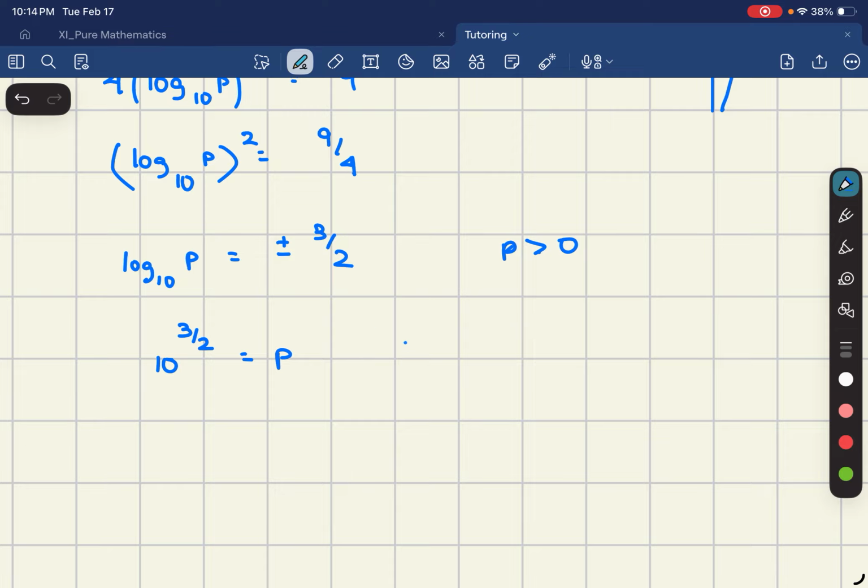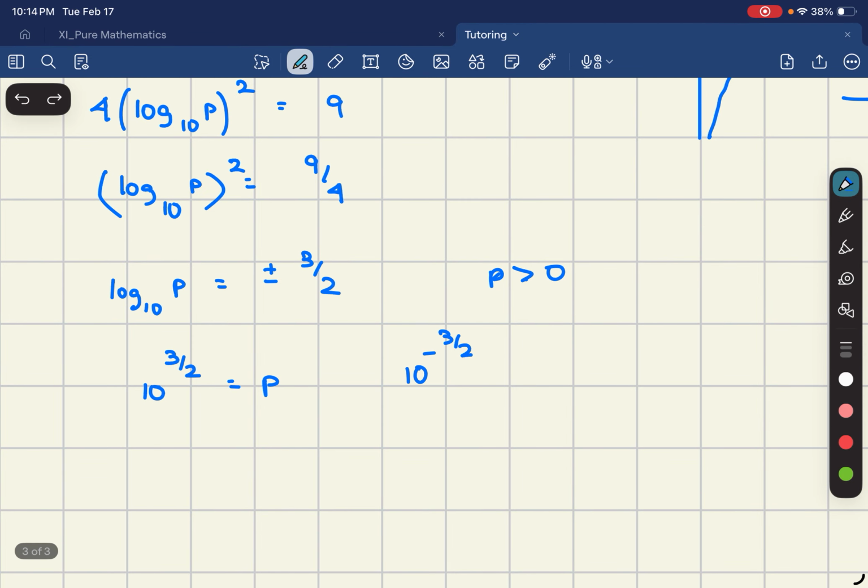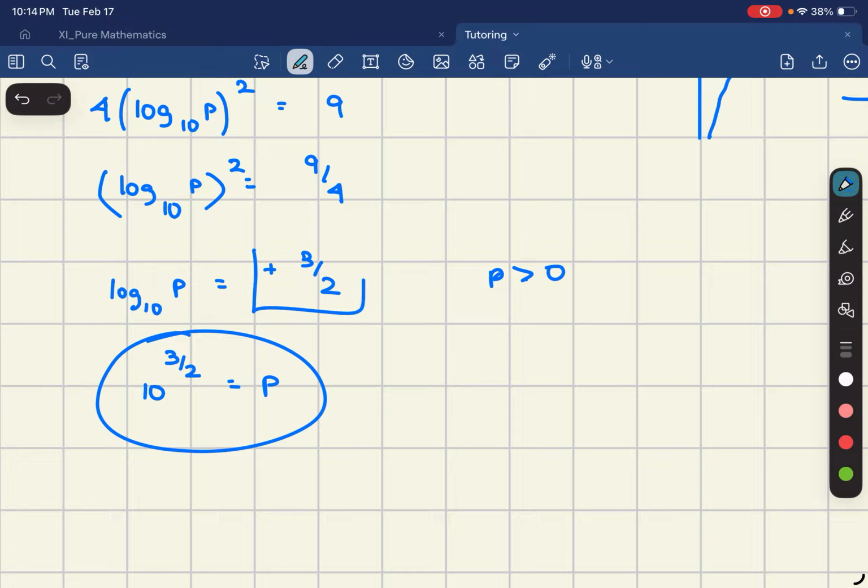Well, yes, you also have 10 to the power negative 3 by 2, because when you take the square root, it can be both plus or minus 3 by 2, because when you square plus 3 by 2 or minus 3 by 2, you still get 9 over 4, but this is smaller, right? 10 to the power 3 by 2 is bigger than 10 to the power minus 3 by 2. So this positive 3 by 2, and P being 10 to the power 3 by 2, is going to be the maximum or the greatest